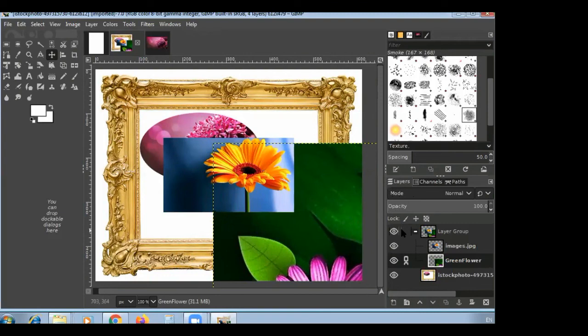Next one is duplicating a layer. If you make a duplicate layer, as the name suggests, it's called a copy of one image to another image, right? It's a duplication of the image. By duplicating a layer, we can manipulate elements in an image while keeping a copy of their original state. Okay.